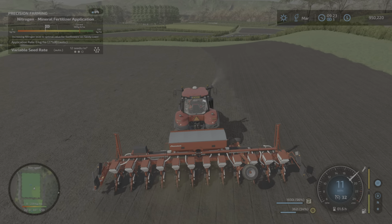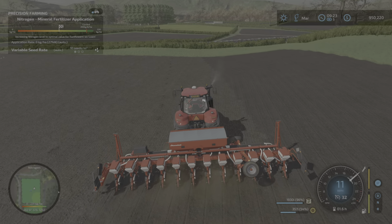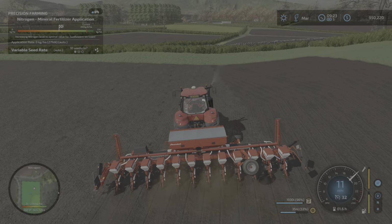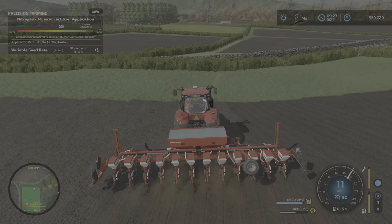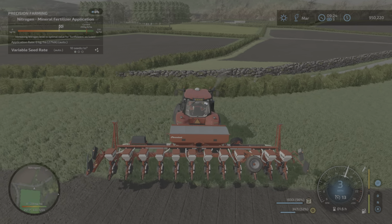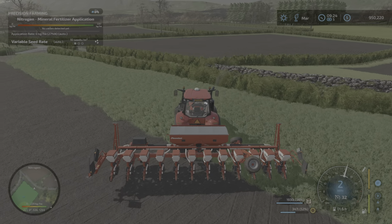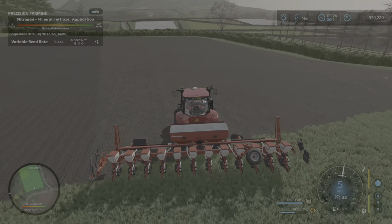I was worried we weren't going to have enough seed and have to refill that seeder all the time, but this seems to be doing the job just fine. And the one load of 660 liters of seed has proven to be enough for probably all three fields. Well, definitely all three fields. We're only down 52% seeds. We're almost done with this, so